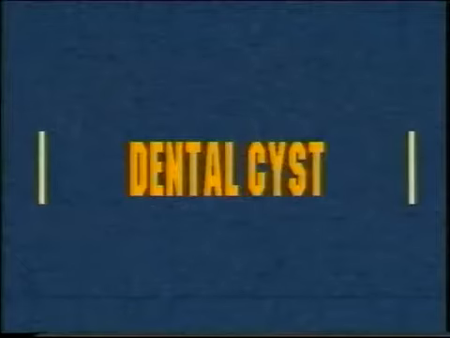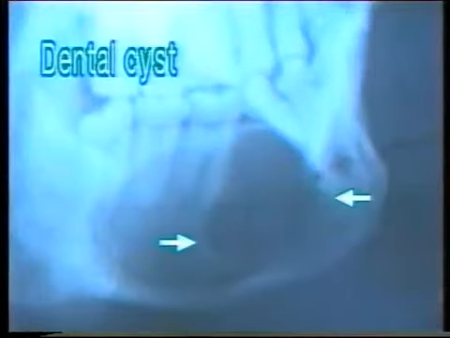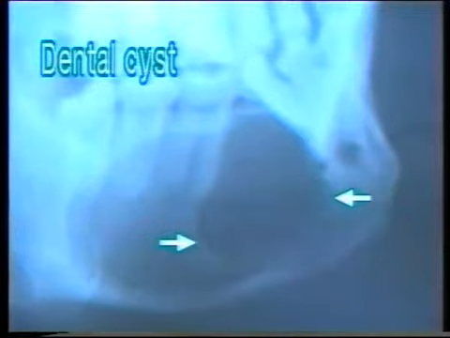Dental cyst. A carious mature tooth may develop a cystic swelling at its root called dental cyst. Note the large osteolytic area with smooth and thin border in this X-ray. It expands the bone and cortex becomes thin. As compared to a dentigerous cyst, it does not contain a tooth.